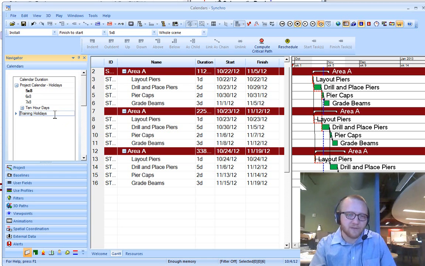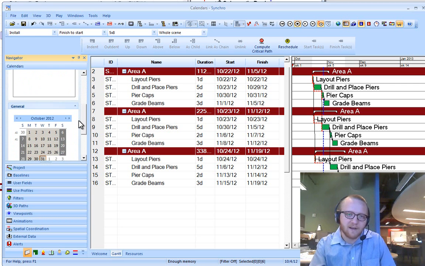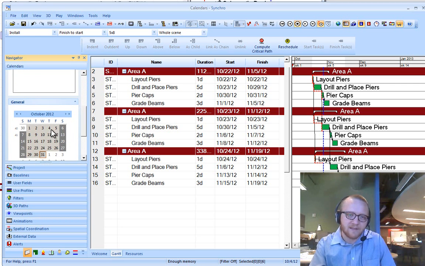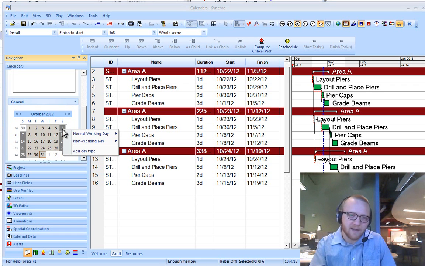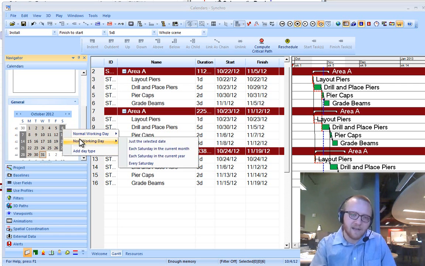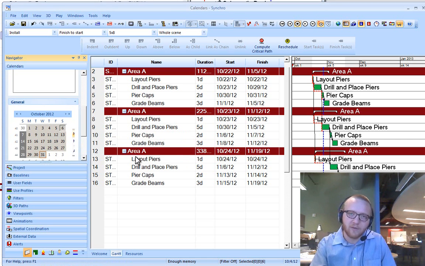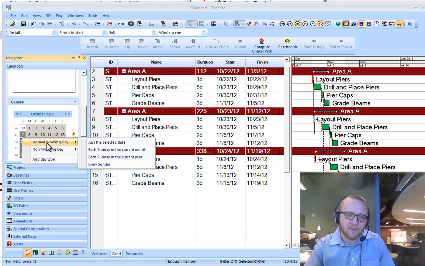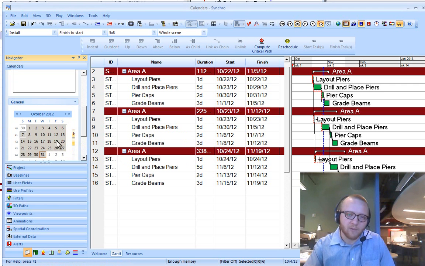So the way I first do this is to make sure I have this new calendar highlighted, and I come down to the bottom, and I can see that Monday through Friday are normal days, and currently my Saturday and Sunday are listed as non-working days. But I want to make them normal working days so I can go back and then only gray out the holidays. So first I make each of these normal working days,